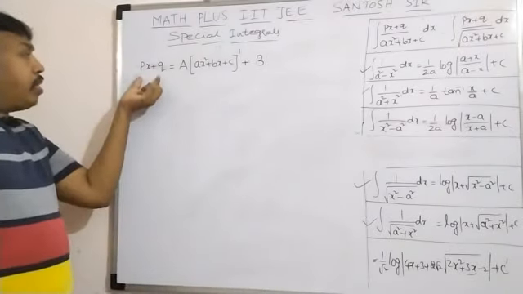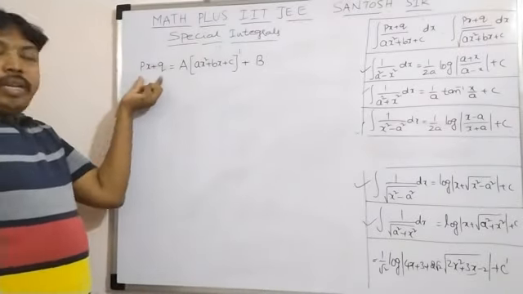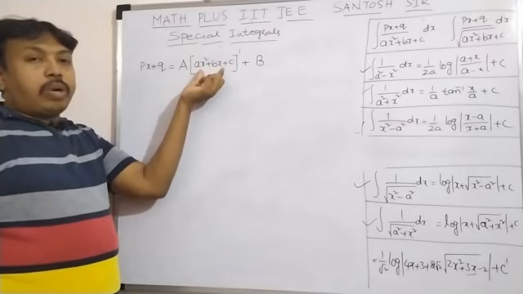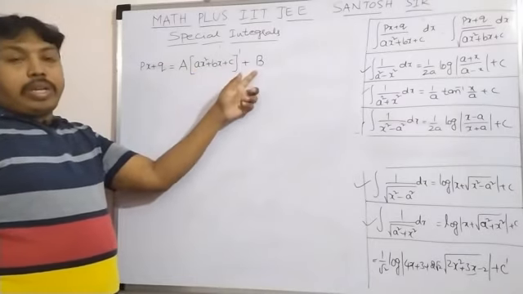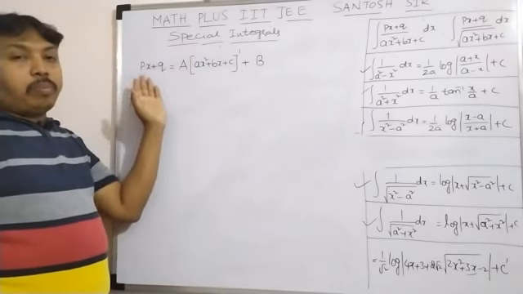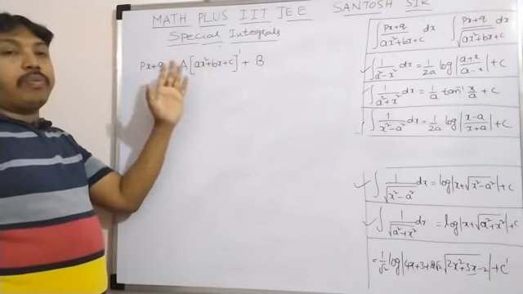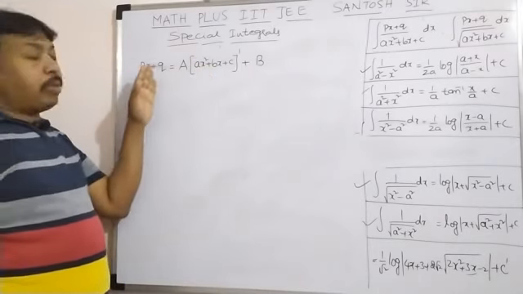See, here it is a linear function. So a linear function can be equated to a linear function only. So after differentiating a quadratic function, you will get a linear function. And one more constant I am adding. After comparing the coefficients of x and the constant term on both sides, you are going to get the values of a and b. After that we are going to take the substitutions.